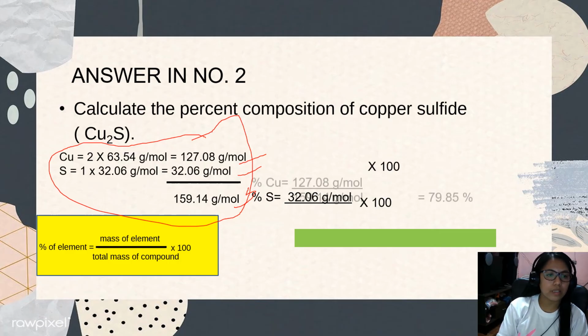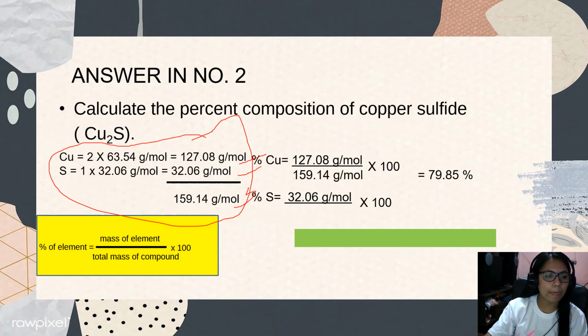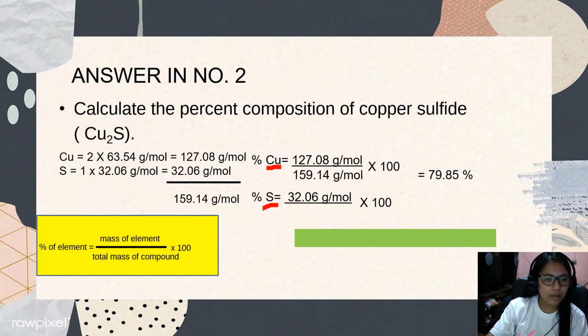So, the second step is you're going to compute the percentage composition of copper, and the percentage composition of sulfur. Now, this one, 127.08 gram per mole, is the mass of element ng copper. Ayan. Divide natin siya sa total mass of the compound, which is 159.14 gram per mole. Multiplied by 100, the answer is